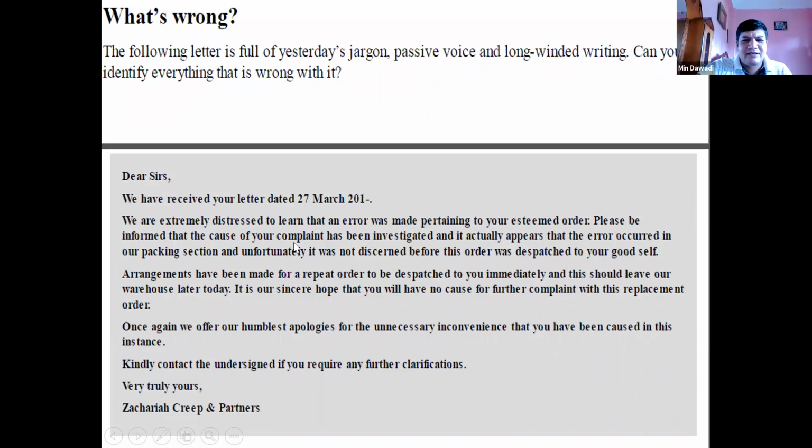Okay, we have to use this in simple language. Okay, अब सिम्पल मा चाहिँ, while investigating we found that the error was caused due to error in the packing section भन्दै भइहाल्यो नि. We found that the error was caused in the process of packing before sending the item, before delivering the item भने भइहाल्यो नि. यति लामो चाहिँ, please be informed,